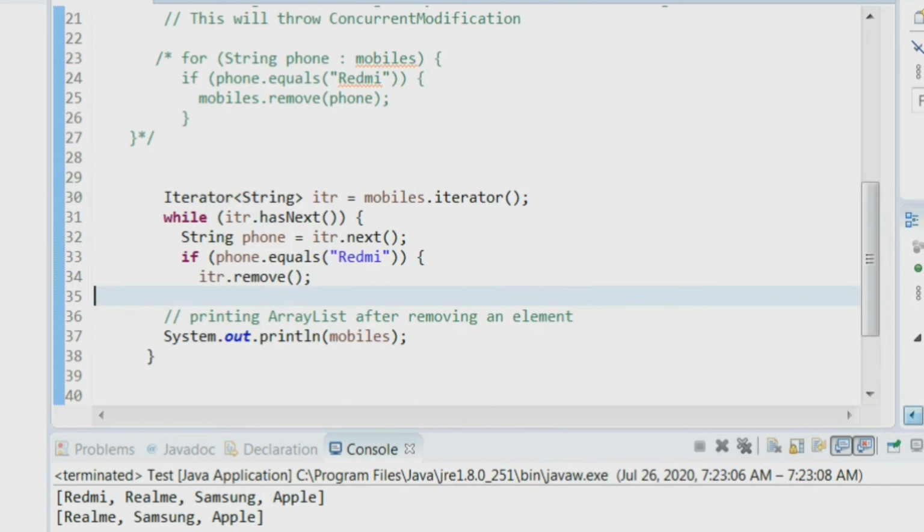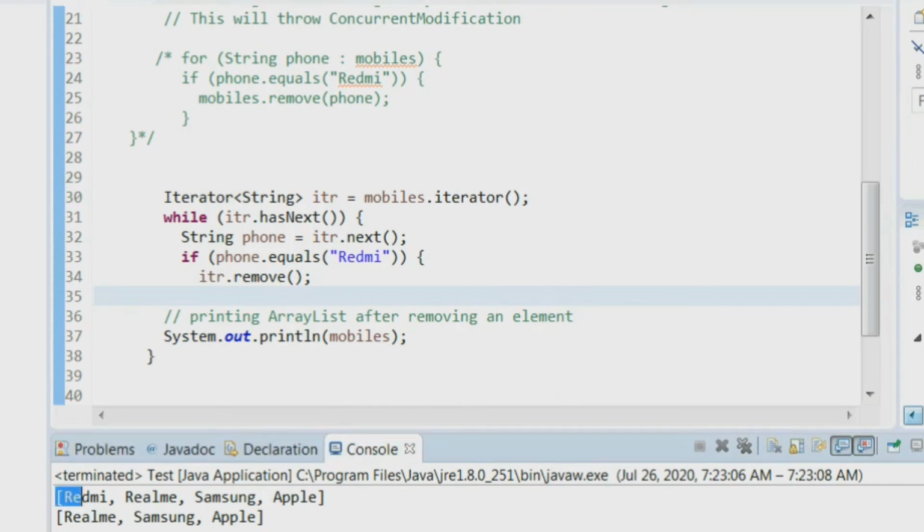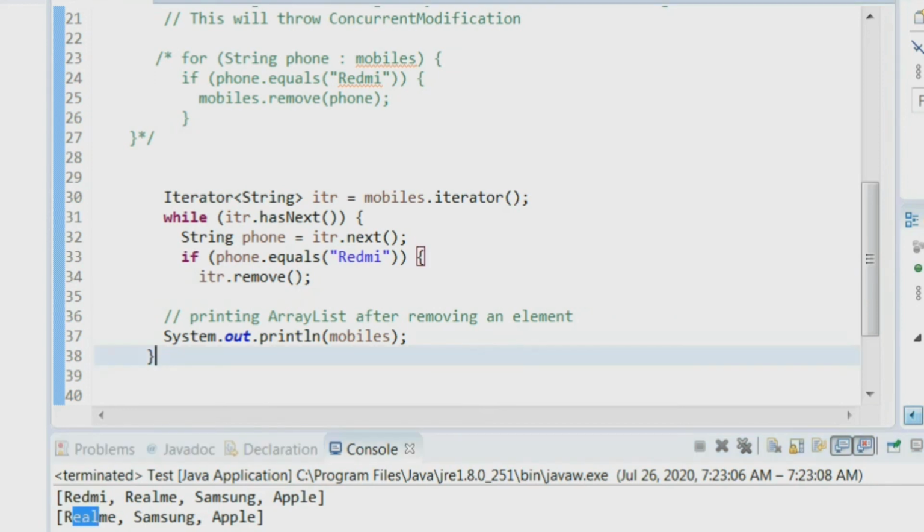No, it doesn't throw any concurrent modification exception. Just check the output: this is before removing an element, and this one is after removing an element. There is no Redmi element in the output. This is how we are fixing the concurrent modification exception.